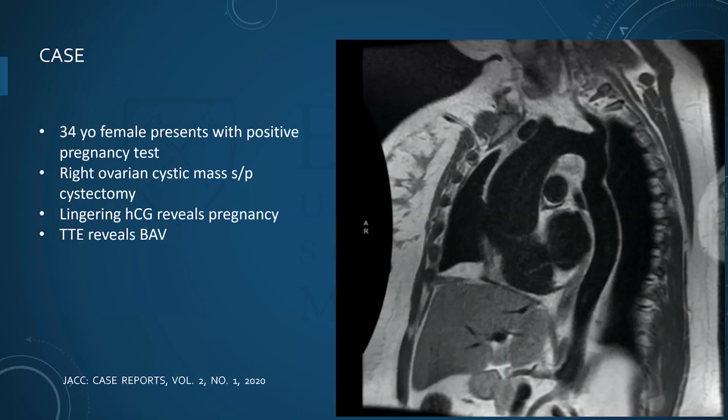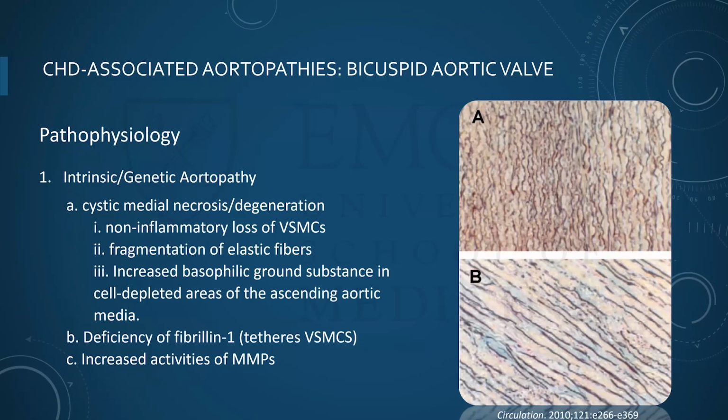a healthy child. This is an MRI image, a sagittal MRI image of her aortic root, and she had a 5.4 centimeter dilatation. This was the first case in the literature where a pregnant patient with a dilated root was able to deliver successfully to term. So the pathophysi